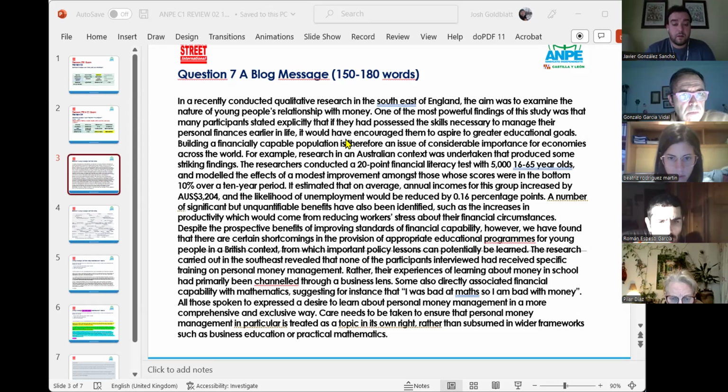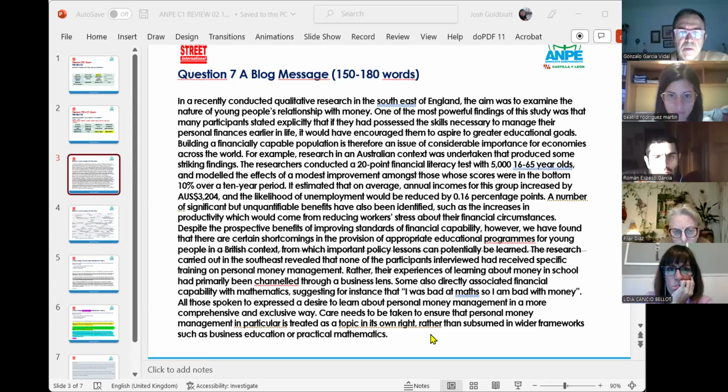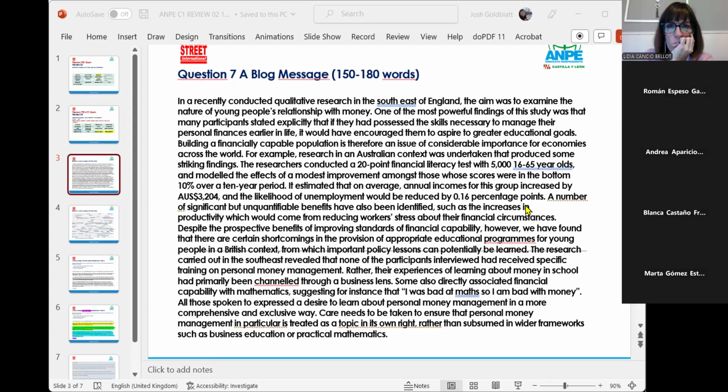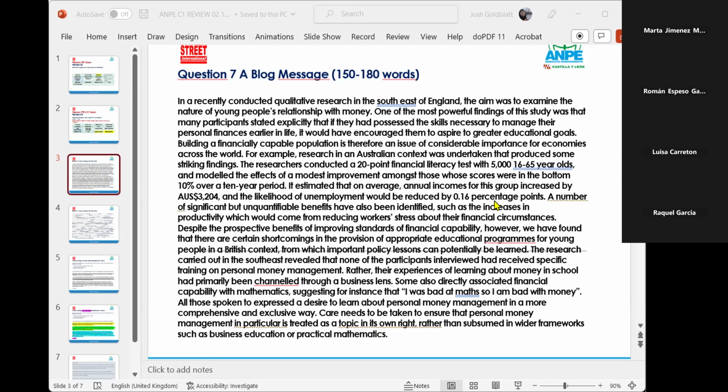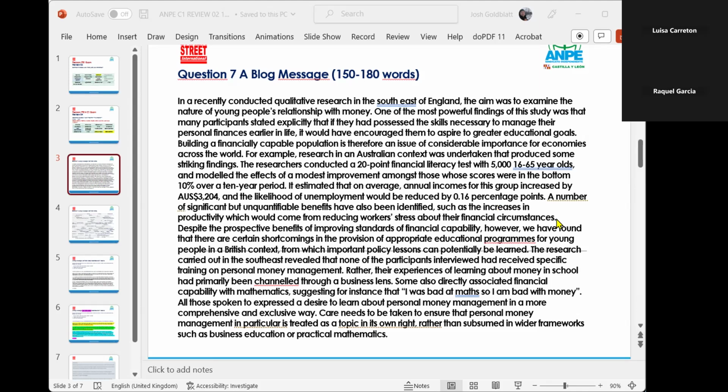You've got Diana and Blanca and Gonzalo, Andrea, Beatriz, everybody. Go to your rooms now. Leave me for a few minutes. Please see if you can get into your different rooms. Room 1 is full. Room 2 is full. Room 4 is full. Room 5 is full. Oh, Raquel's just come out. Go to your room. Come on, Marta. It should be room 3. Ah, I was looking at you. Brilliant.